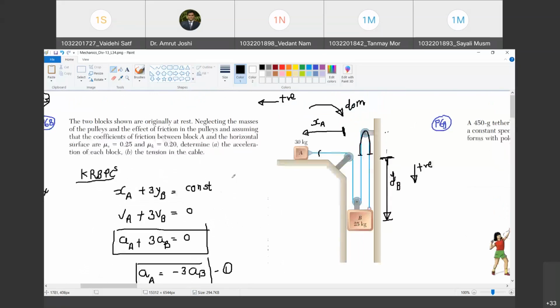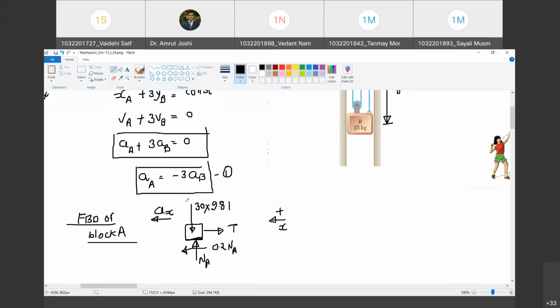You will understand by intuition itself that the block is going to accelerate towards right, and therefore we should get the value of AX as negative. That is anticipation. But to stick with the traditional way of assigning unknown accelerations, I will say that it is in the positive x direction. Now I'm not going to call it AX. Let me call it AA, of block A.